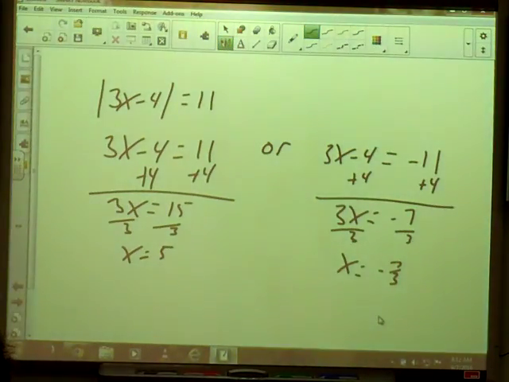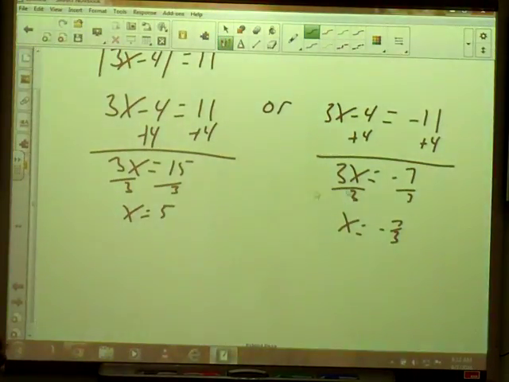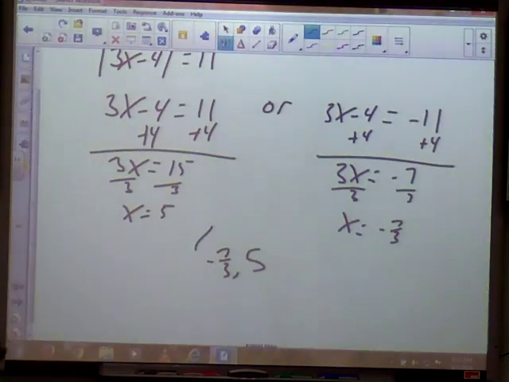Okay, so we've started off this year learning new fancy ways of writing our answers. When we solve this, we don't have parentheses and brackets because there wasn't a greater than or less than sign. So this is just going to be set notation, and I'm going to go from my smallest to largest. So my smallest would be negative 7/3 to 5, and then my set notation is those braces,